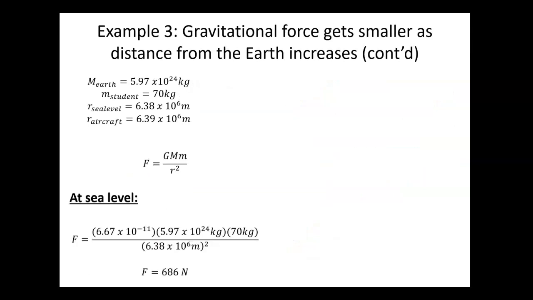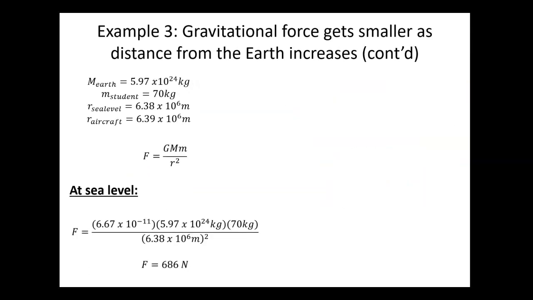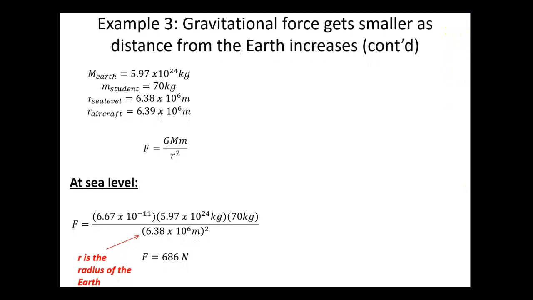Okay, so we're going to look at this in two ways. When the student is at sea level, their mass is 70 kilograms, and so if we use the force of gravity equation, we can find that the force of gravity acting on them when they are at sea level is 686 newtons. But then, if we're going to look at them in an airplane,